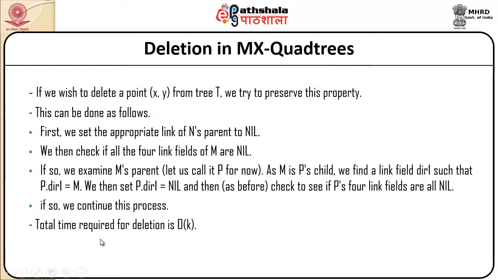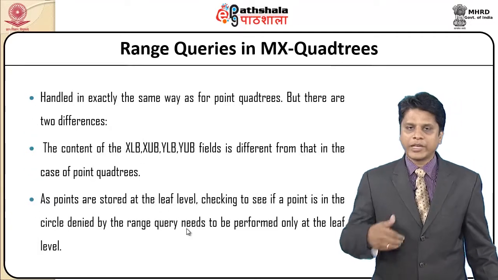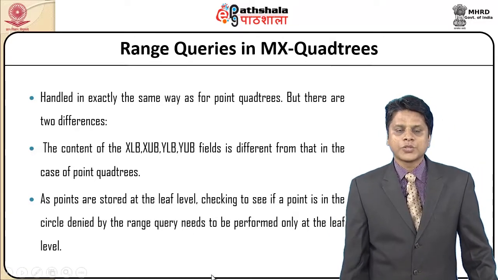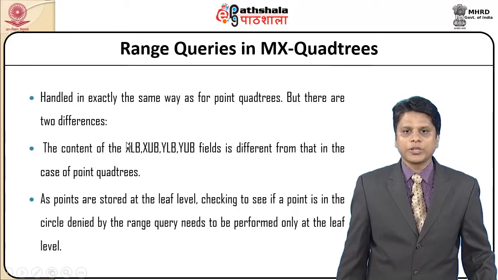So the total time required for deletion is O of k. So we may have to check for all subsequent nodes that are routed to the actual node. We have to make that nil initially so that we can branch it, or we can delete this particular node. So this is handled in exactly the same way as we have handled it for the point quadtrees, but